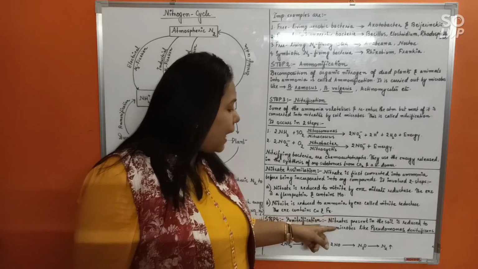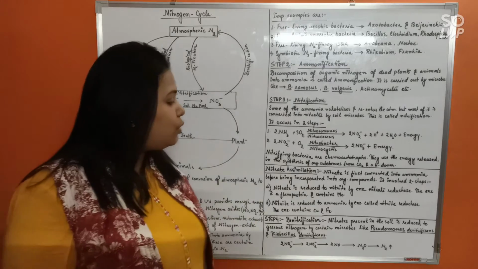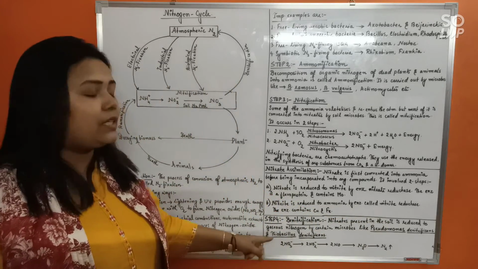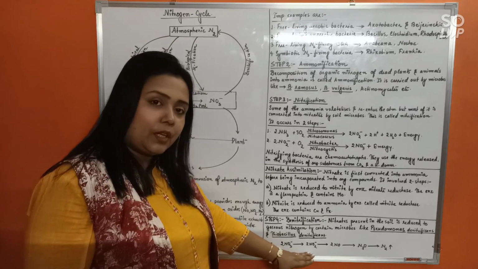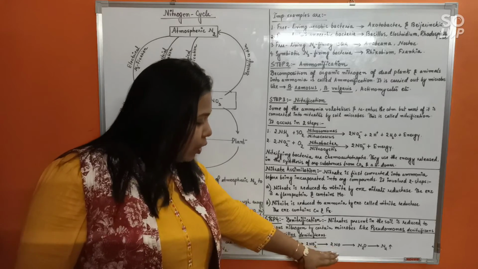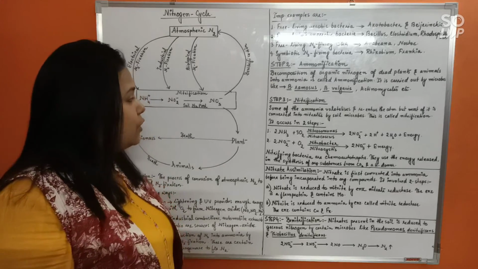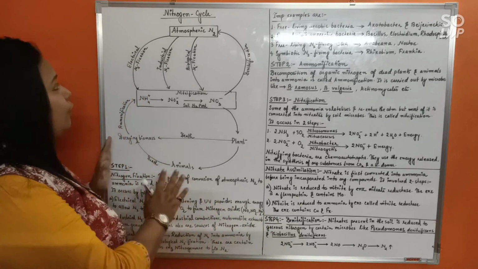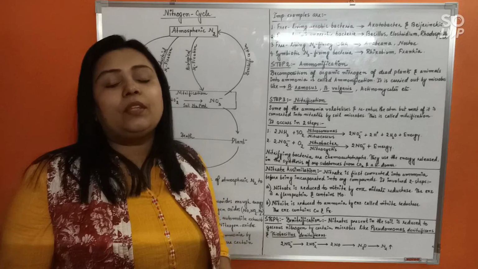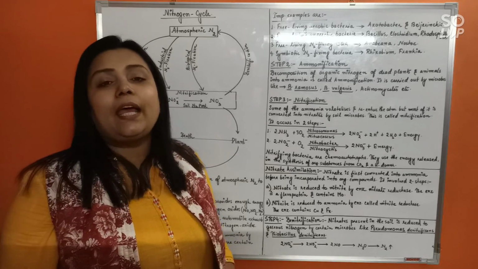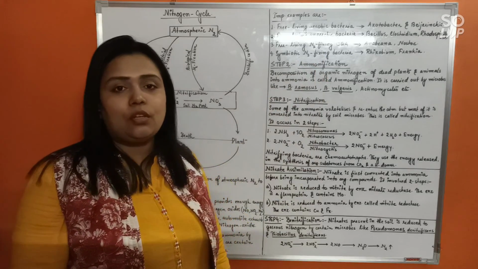Alright. So see, the nitrate present in the soil is reduced to gaseous nitrogen by certain microbes, that is Pseudomonas denitrificans and Thiobacillus denitrificans. The step occurs as such. First, nitrate is converted to nitrogen dioxide, then nitric oxide, nitrous oxide, and finally atmospheric nitrogen. Alright. So this is the entire process of the nitrogen cycle in detail. I hope all of you are clear about it. Next, we will be discussing nitrogen fixation by the bacteria Rhizobium. That is symbiotic nitrogen fixation by the bacteria Rhizobium.